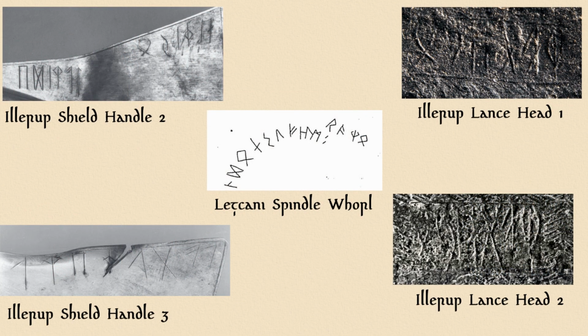Things get more complicated when you factor in the practice of making Spiegelrunen or mirror runes. So the way this works is you would take a rune like the L rune and then you would mirror it. Or maybe you would take the P rune and mirror it like this, or maybe even the Z rune and mirror it like this. Well, scholars seem to think that that's what's going on here, here, here, and here. They think that these runes are mirrored Win runes, or W runes if you'd rather, and not Ing segments.